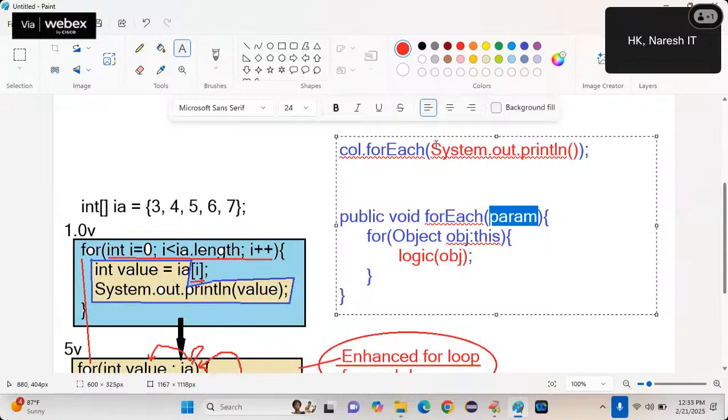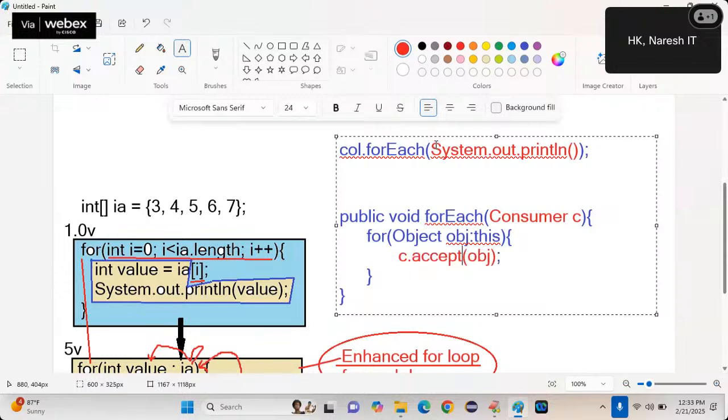How many predefined functional interfaces do we have? 43, but mainly we use 4. Among the 4, which functional interface is suitable here? Excellent, wonderful, marvelous. Consumer. Right? Consumer. And then what should I write here? That consumer dot, what is the method name?